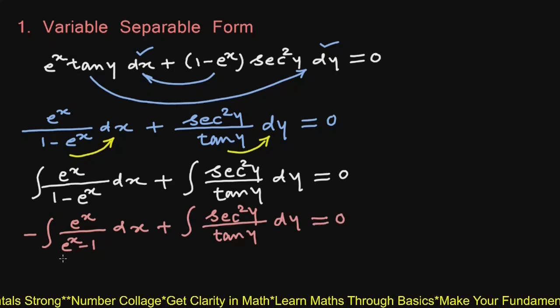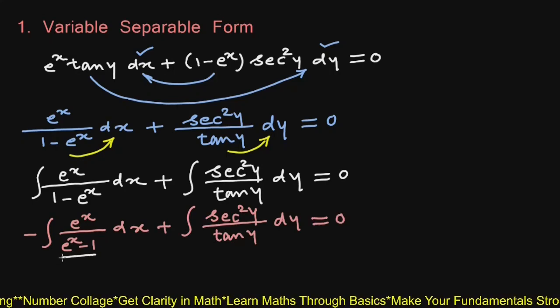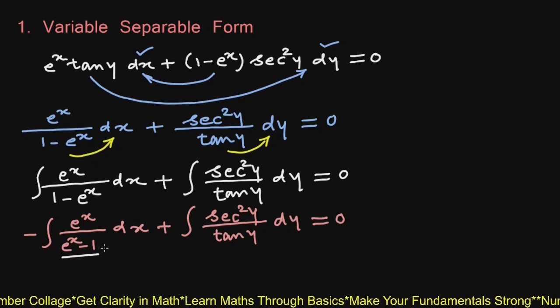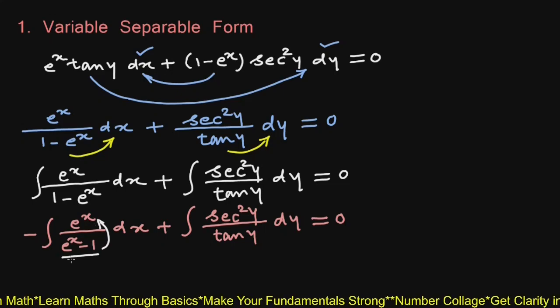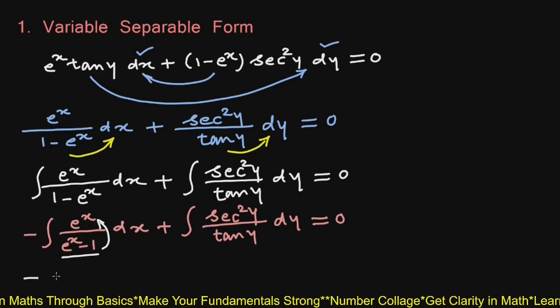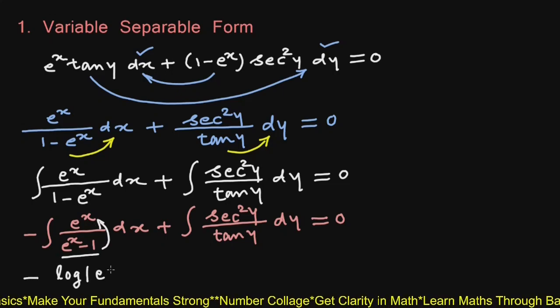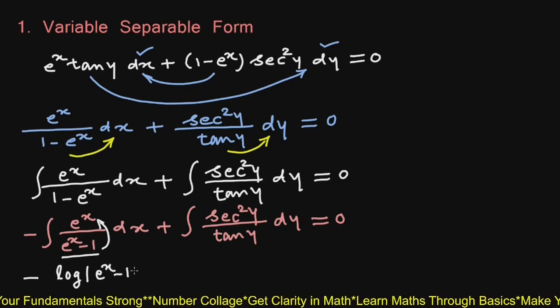Now here derivative of denominator e raised to x minus 1 is e raised to x, which is found in the numerator e raised to x. Hence this integral will be minus log mod e raised to x minus 1 plus,